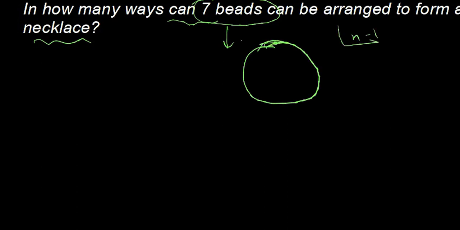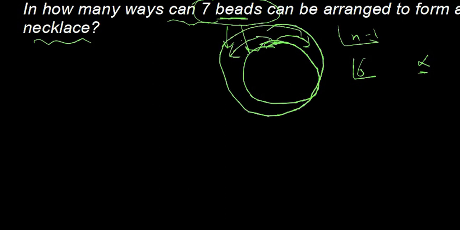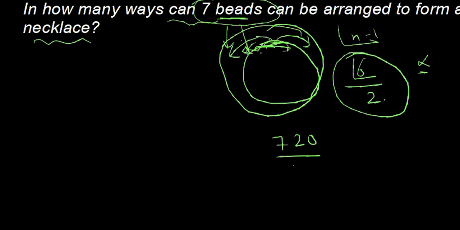So obviously it looks like the answer should be factorial 6, but it is not factorial 6. Why? Because beads are of a same type. So you cannot describe it whether it is anti-clockwise or clockwise. So it always looks like same, that the cases are going to be same. So what we need to do, you have to just divide the number by 2 so that clockwise और anti-clockwise जो आपने count किया है वो same ही case होगा, तो वहां से आपको इसको divide by 2 करना पड़ेगा। So what should be the final answer? Factorial 6 is 720 divided by 2, so your answer is going to be 360। Okay, next, come to the next problem।